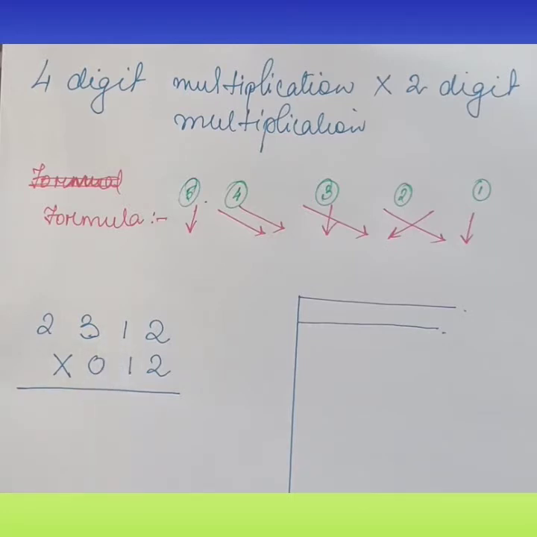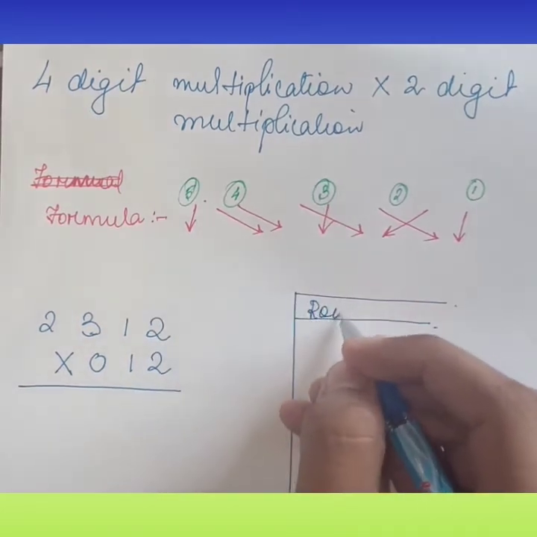In the fourth step, what we have to do here is a little bit like that. From the top first 2 digits and from the bottom last 2 digits, cross multiplication, means 2 and 1, 3 and 2. That's why I've given a slanting arrow. This one will be equal to this and this one will be equal to this. And in the fifth step, like usual, top number with the bottom number, means top number is 2 and bottom is 1. So let us start our sum without delaying.